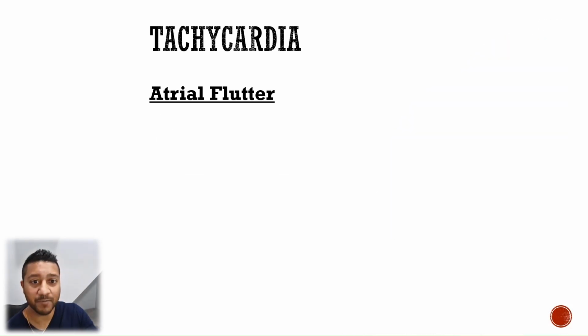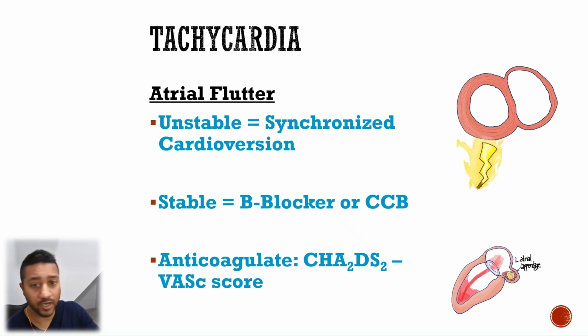The management of these patients with rapid A-flutter is going to be very similar to that of rapid AFib. If the patient is unstable, you're going to go ahead and synchronize cardiovert the patient just like you did in atrial fibrillation. If they're stable, then you don't need to electrocute. You're just going to give them a rate-lowering medication like metoprolol or diltiazem. And then lastly, you're going to consider their stroke risk using that CHADS-VASc score